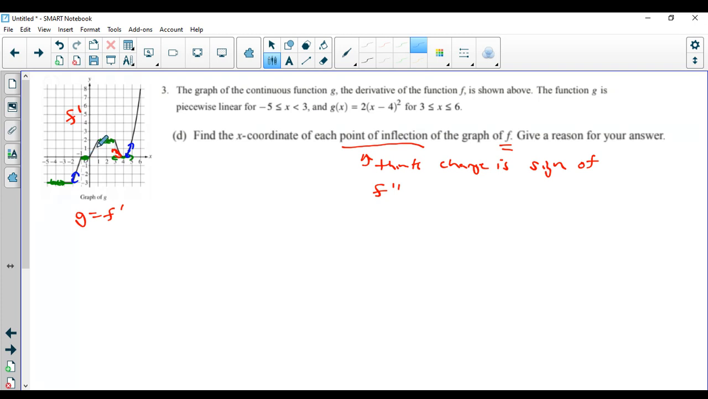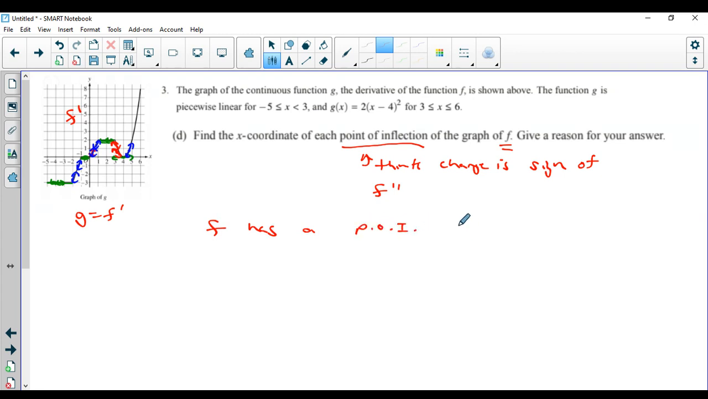I guess they're trying to trick you here in that you got to know that it's going to change sign at a point, not over an interval. So this interval is not going to be a point of inflection. And then here it's just going to be positive, then it's 0 again for a chunk of time, and then negative. So the only time it changes sign at a point is at 4. So you'd say that f has a point of inflection